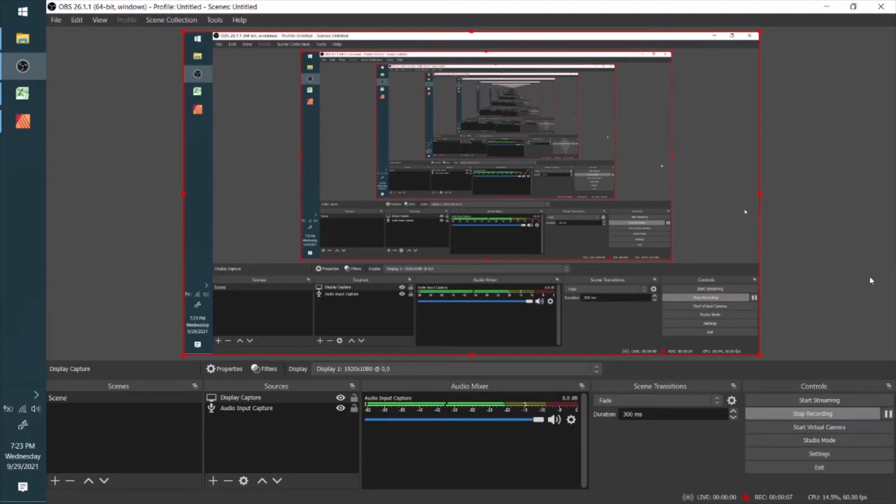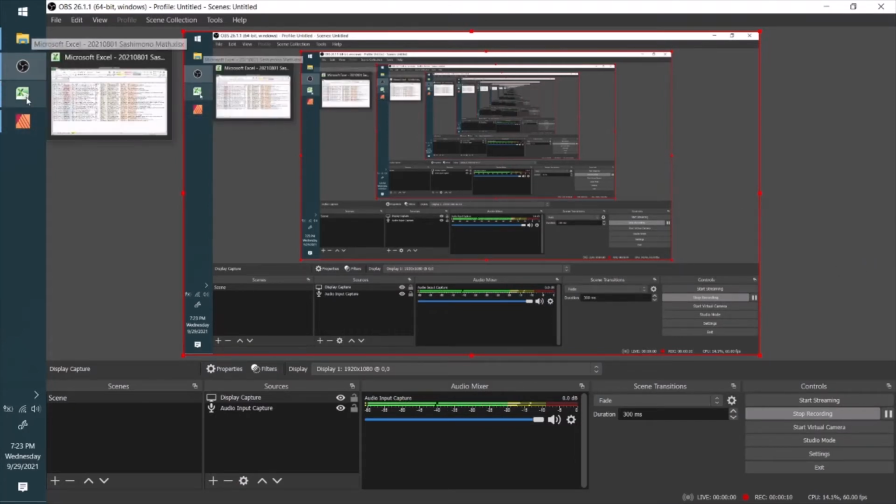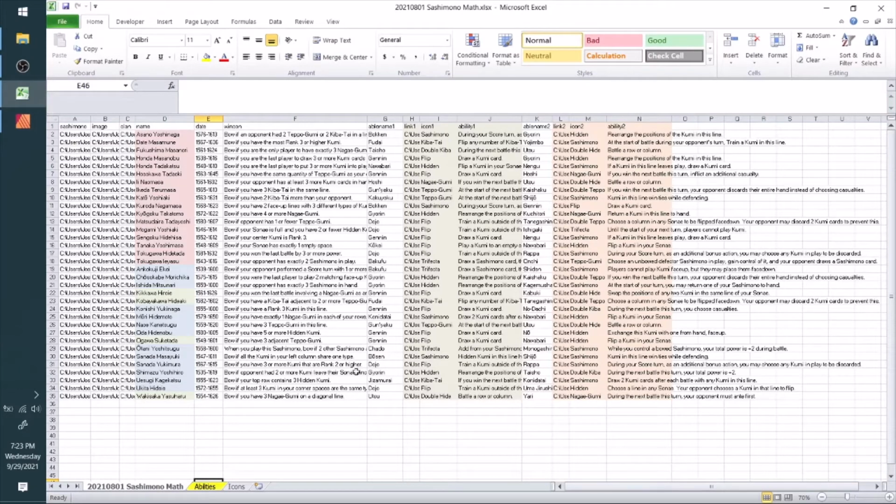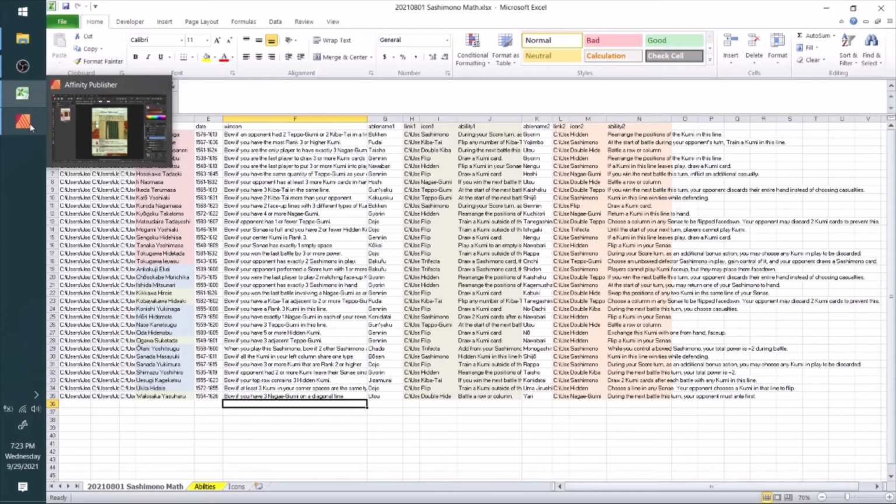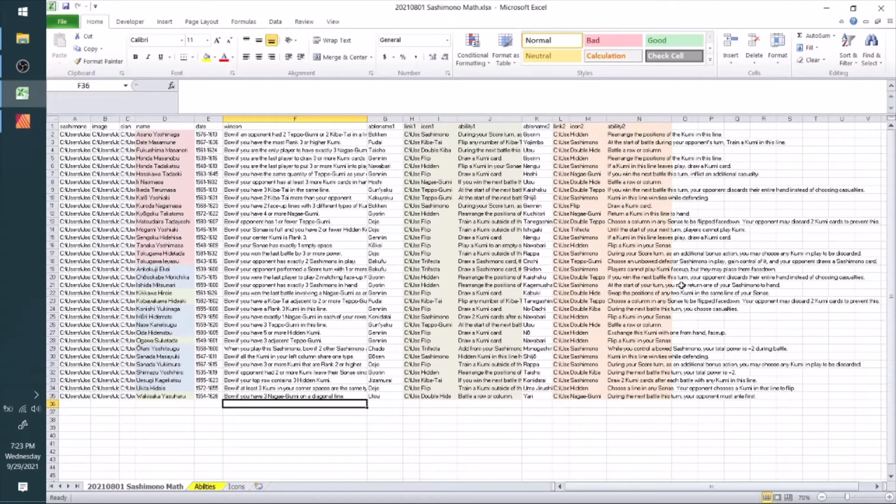Today I wanted to just talk through my process that I used when creating Sashimono from a technical side of things. Today I'll be talking about a feature used in Affinity Publisher. They have a tool called a data merge manager, and it allows you to basically use an Excel spreadsheet like the one you're seeing here and convert your information and data into images, in this